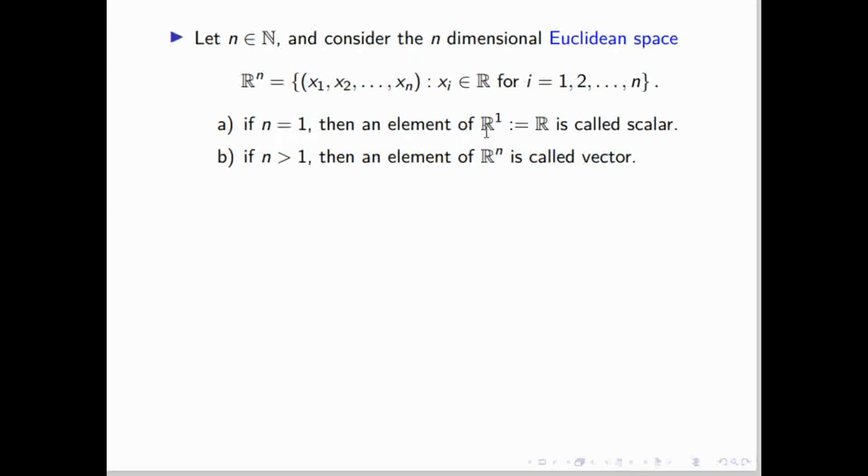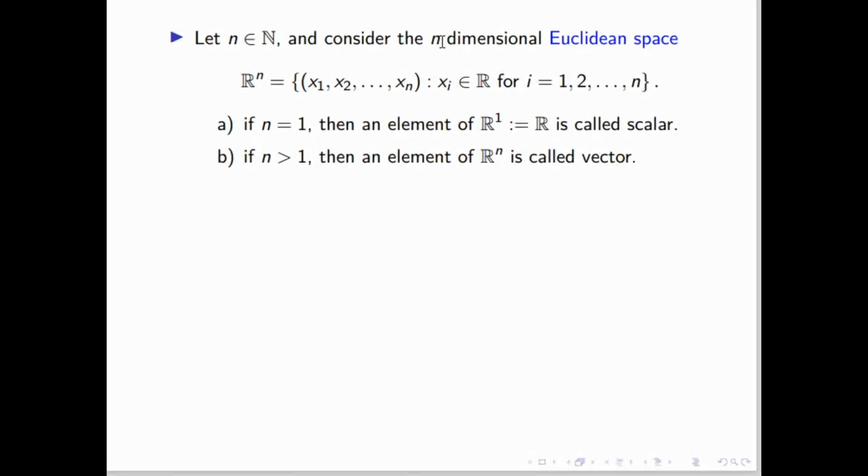If n equal to 1, then an element of R has one name, that is called a scalar. Like we call it a real number because these are elements of R, but the more popular name is scalar. If these are elements from the vector space, like 3 comma 4, then these are called vectors. 3 comma 4 is a vector, it is not a number. That is not like a scalar, like 3, 4, 5, some real number, root 2, pi. So these are real numbers, but in vector or n dimensional space, we call it a vector.